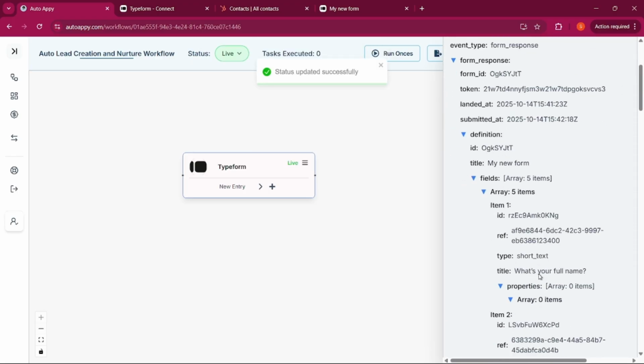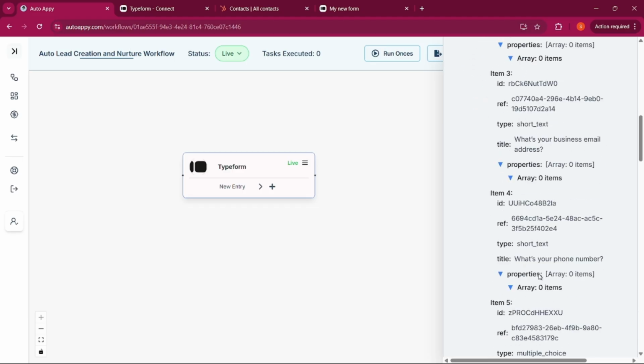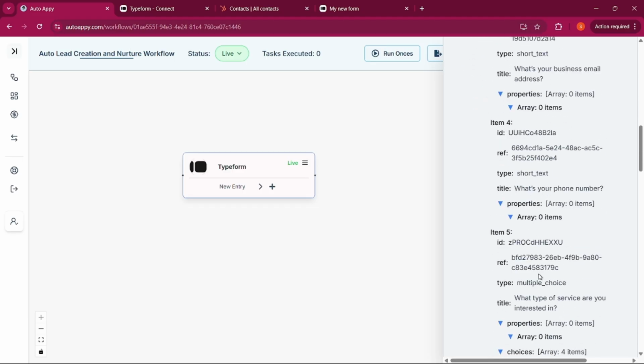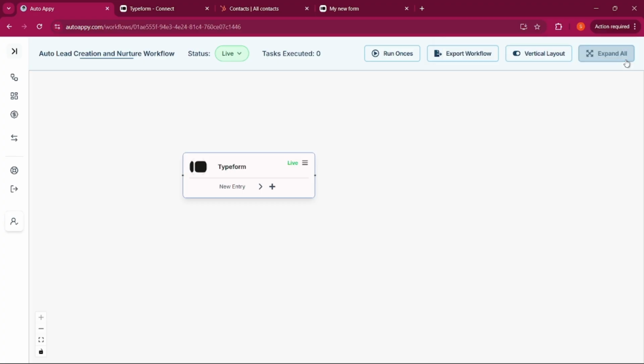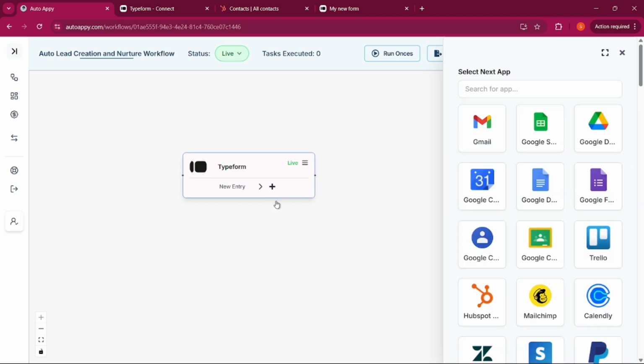Here you can see it successfully captured all the data which will be filled by our form. It means we successfully set up our trigger application. Now close this window and we are going to add our action application by simply tapping on this plus icon